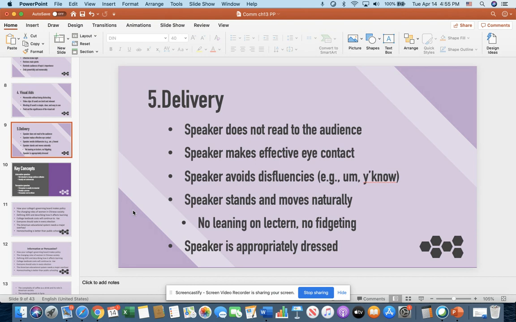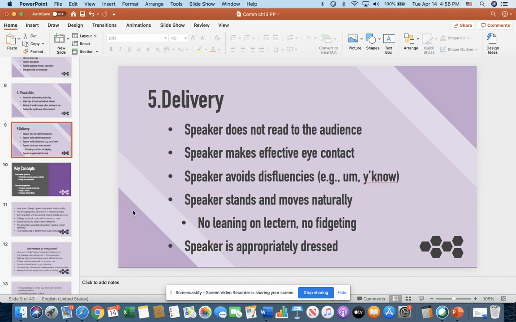Use your computer. If you have a slideshow, PowerPoint, click along with the slideshow, because you want to get used to, I don't know if I call it muscle memory or not, but you want to get used to working with your slideshows. Number 2, make effective eye contact. The other thing I was going to mention, I forgot. Number 1, practice a lot.